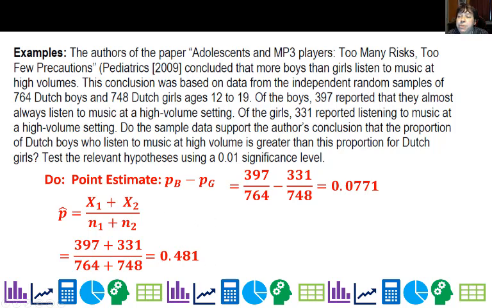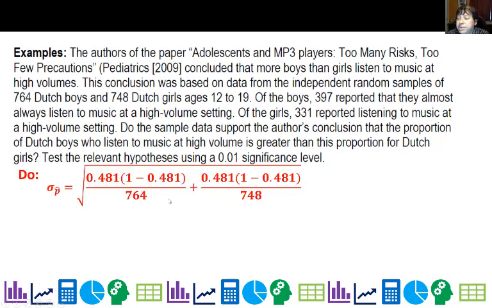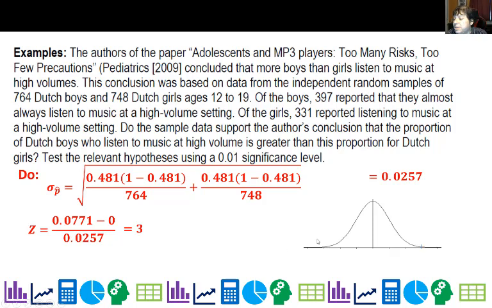So on average, if I put all the boys and girls together, 48% listen at a high volume. Now we'll go ahead and calculate the standard deviation using that pooled proportion, and notice the different sample sizes here, and I get 0.0257. Take my point estimate, which is 0.0771 minus 0 over 0.0257, and I get 3. So my p-value, let's see, 3 is way over here. If I do normal CDF of 3 to 1,000, I get